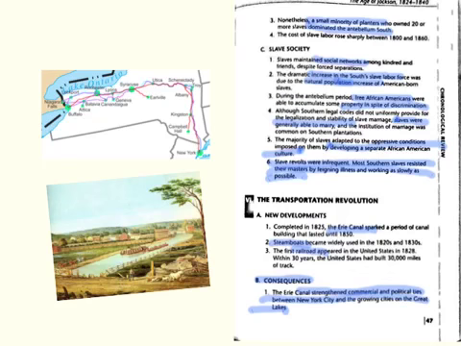Moving from there to slave society, some of the key characteristics you need to be aware of if you're asked a question with regards to this. Number one is that social networks were developed and maintained between slaves during this time, between their family and friends. The southern slave population, unlike a lot of places in world history up to this point, wasn't reliant on the constant importation of slaves. They were able to maintain their labor force by natural reproduction, or having babies, if you want to think of it like that. Some free African Americans were able to own property.